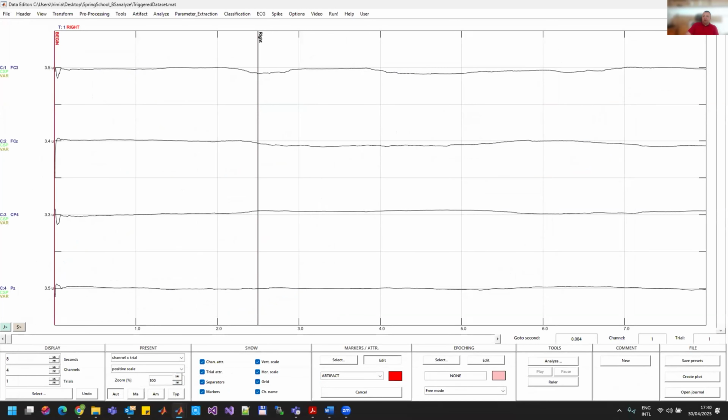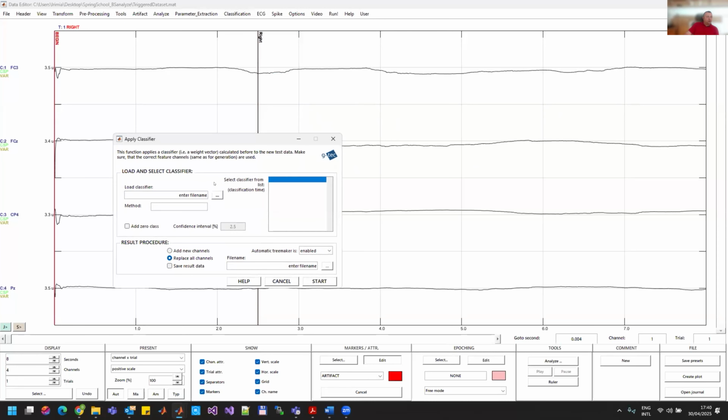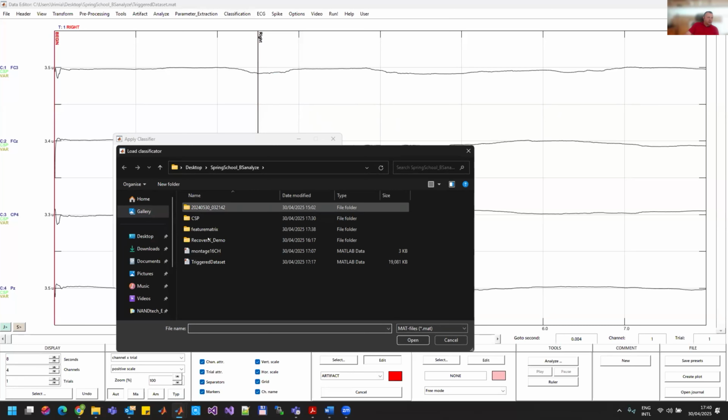So now we did create the classifier, and I will go further on applying it. So let's consider that I've taken another data set and did all these steps up to here to apply the CSP filter. So I applied the CSP filter that I just created, and now I want to apply the classifier that I did. Okay. So classification, apply classifier, will load the classifier that I did now. So it's in feature matrix, LC,